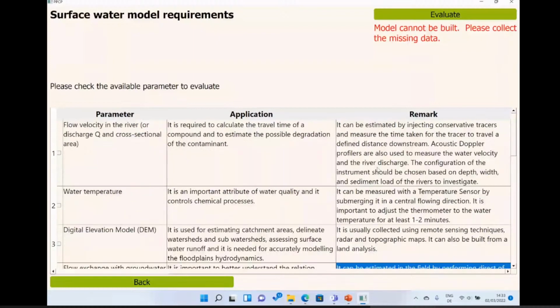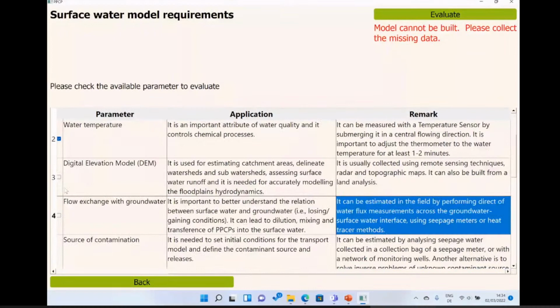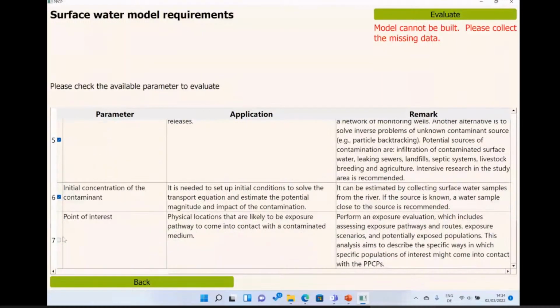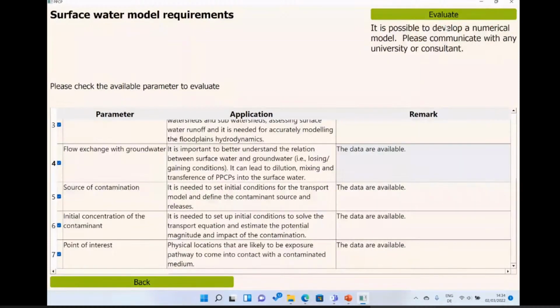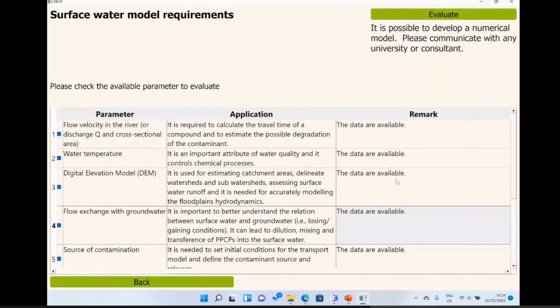And once we have the data, we can easily click that we have it. So let's assume we have collected all the data, and I'm selecting all of it by clicking here. Once I am done selecting and I hit the evaluate button, you can see, hopefully, that it is possible to develop a numerical model because we have all the data.